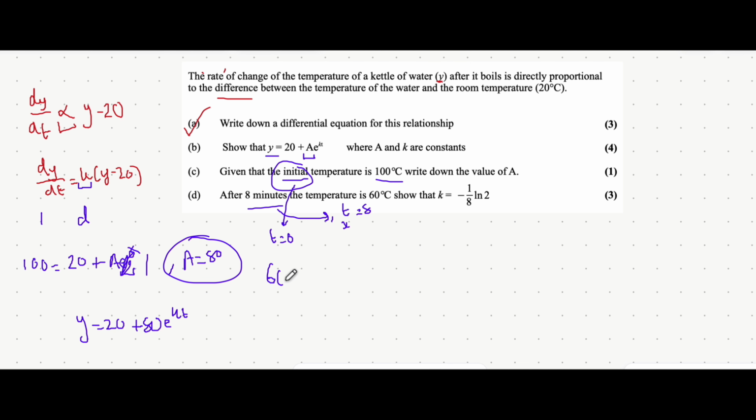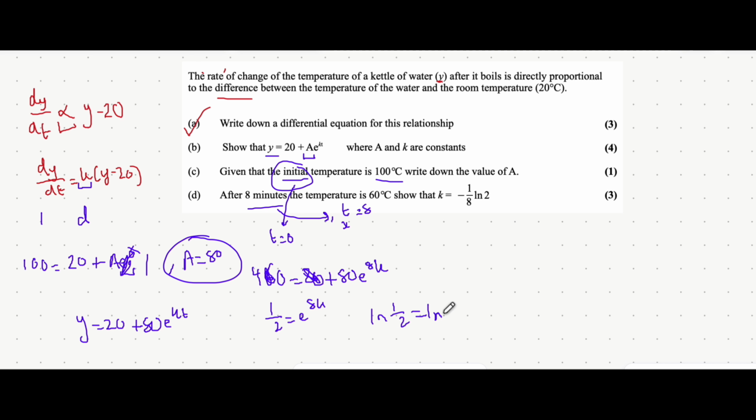Replacing y with 60, we can make it equal to 20 plus 80e to the power of kt, where t is 8, so 8k. Rearranging now to make k the subject, we start by subtracting 20 from both sides. 60 take away 20 is of course 40. You can then divide both sides by 80. 40 divided by 80 is just a half, so you can write a half is equal to e to the power of 8k. You can then apply ln to both sides of the expression, so ln of a half is equal to